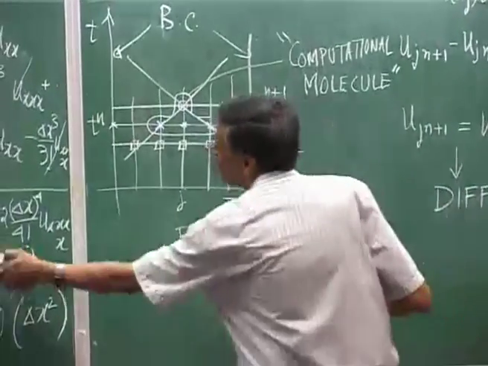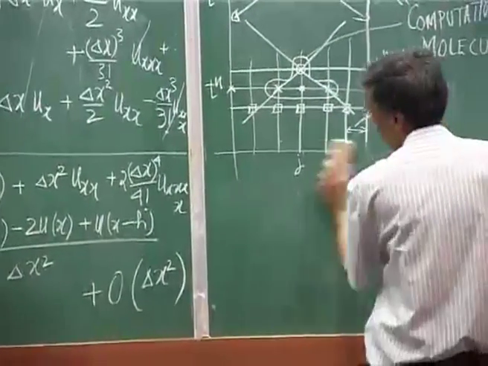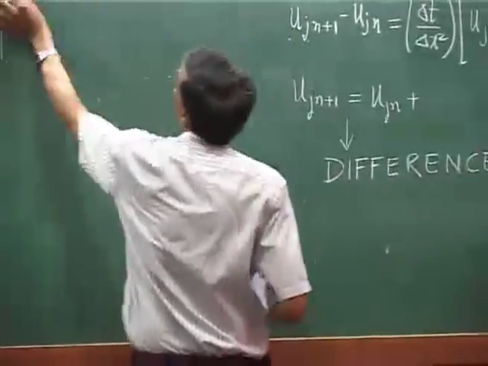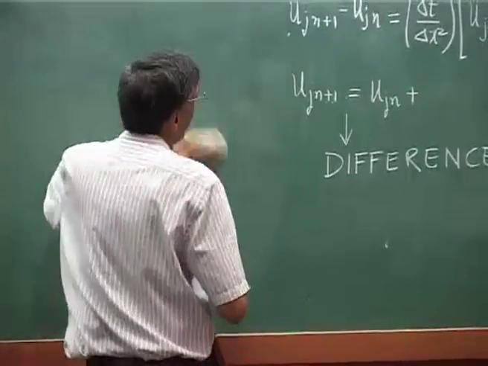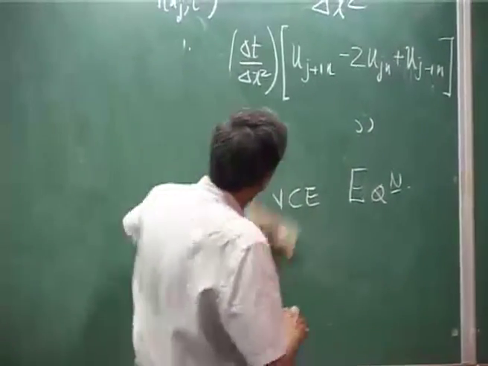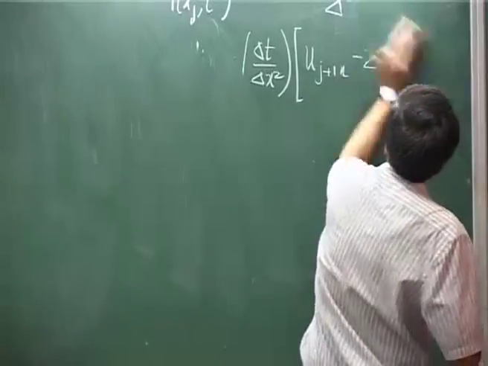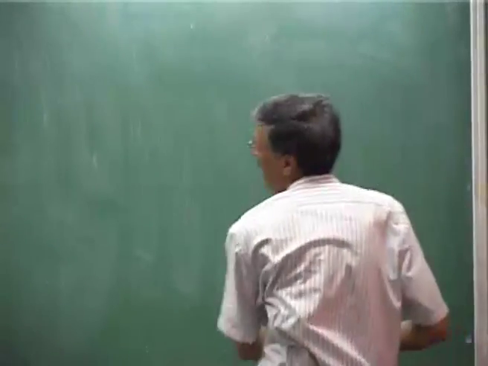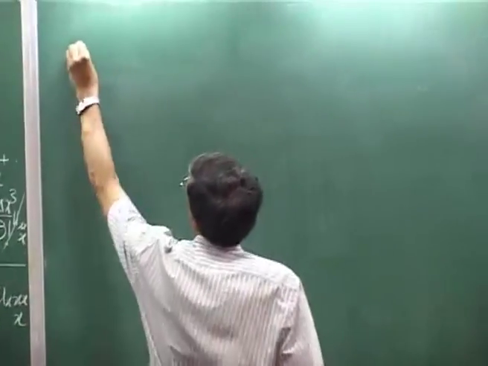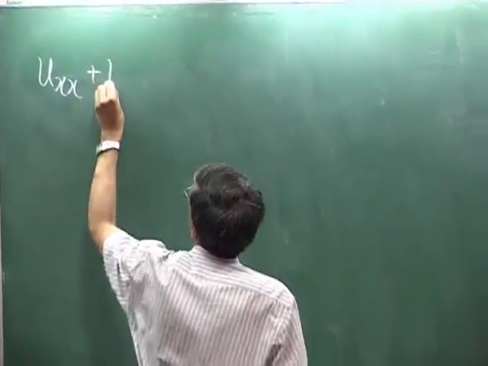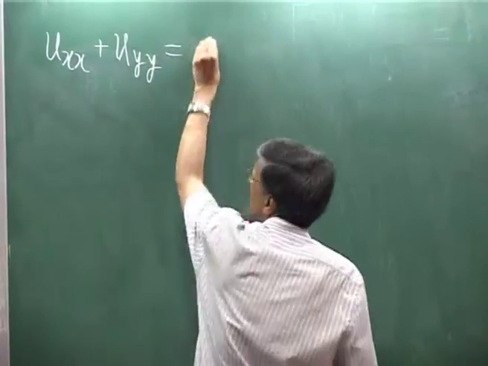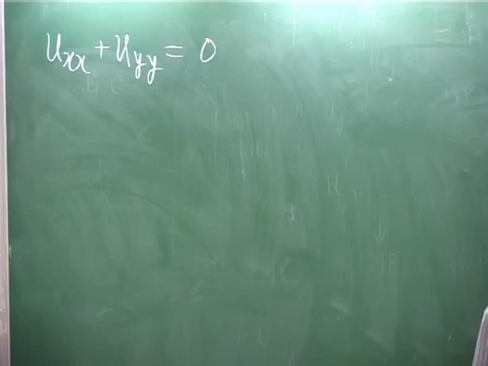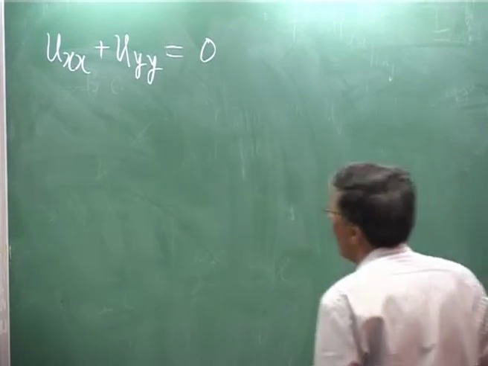Now, having obtained this expression for u x x, let me draw your attention to another problem. This problem is another very simple equation which is prototypical of elliptic PDE, and that is this. What is known as, let us say, the Laplace's equation. I could also keep the right hand side and have a Poisson equation. So, if I try to do that, now what I could do,